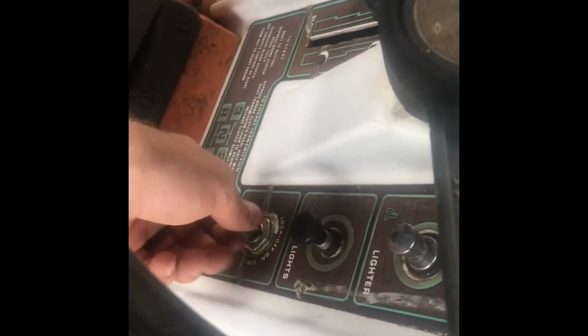It has a light switch I need to replace. I put a new key switch in it. It's got a cigarette lighter that doesn't work. I have a new one of those too. New clutch, new throttle cable. And